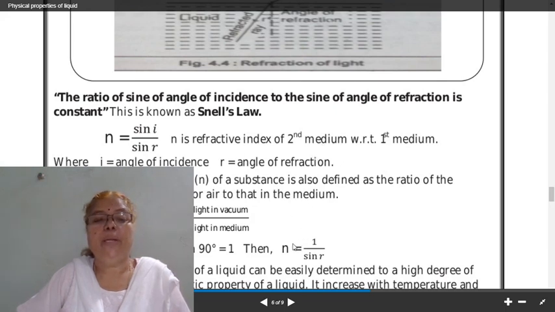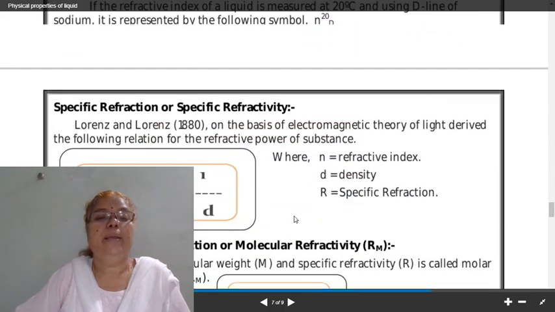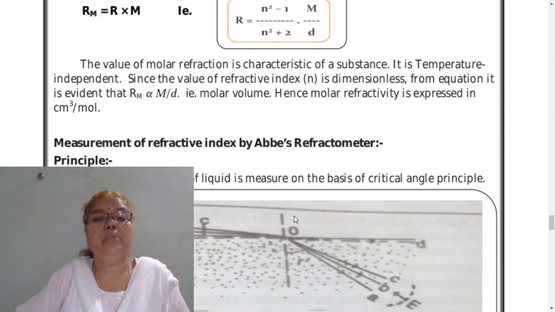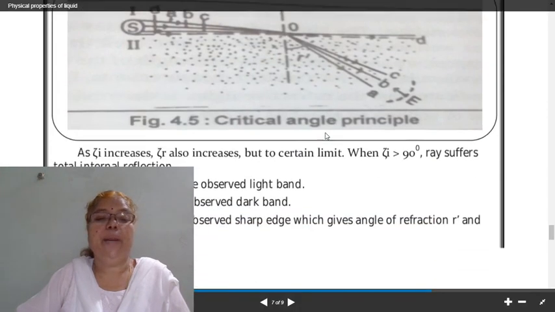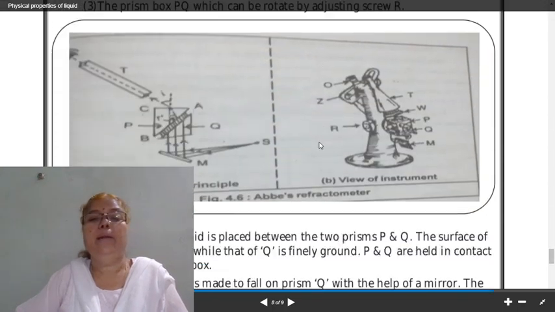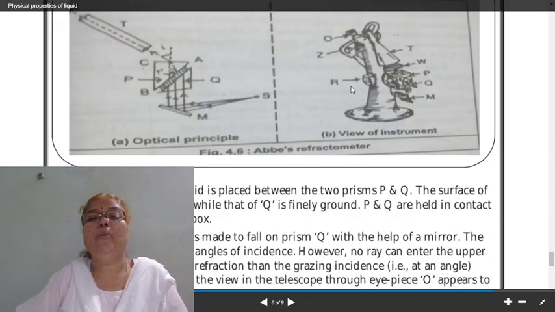Abbe's refractometer is based on the critical angle principle. Here last time you have studied the construction and working of the Abbe's refractometer, and this is the diagram of Abbe's refractometer. This is the optical ray diagram,